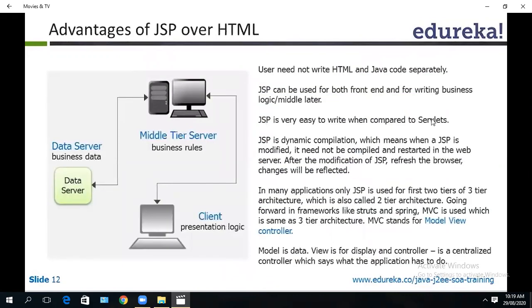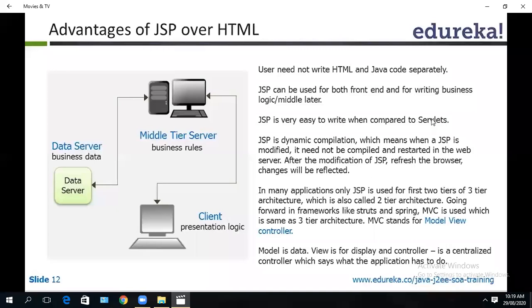Advantages of JSP over servlets. Basically these are the advantages of JSP. As in servlets, you need not write the code separately for HTML and Java. You can combine both of them. The servlet is only for business logic; what the project has to do has to be specified in servlets.